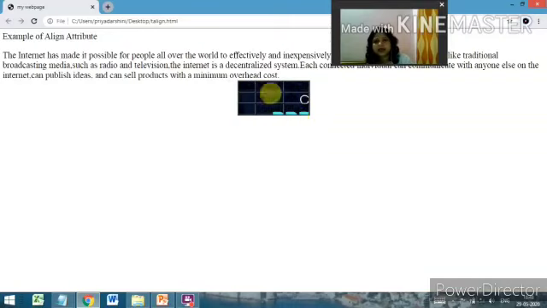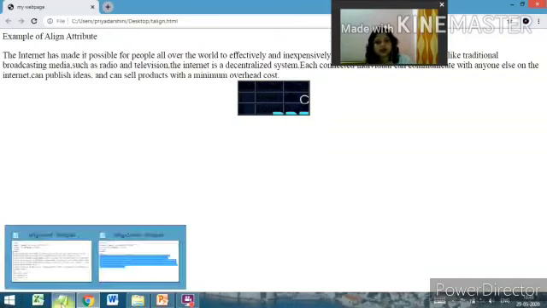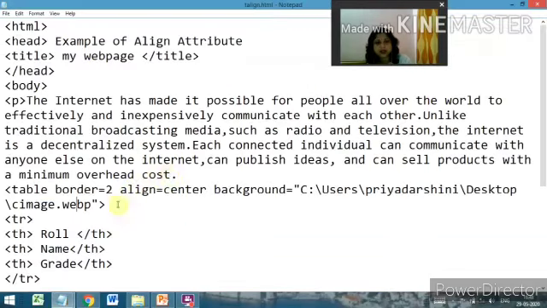So see, the picture has appeared but it is not visible. So for this what we will do, we will increase the size of the table so that you can see the table better. So again I am increasing the height.